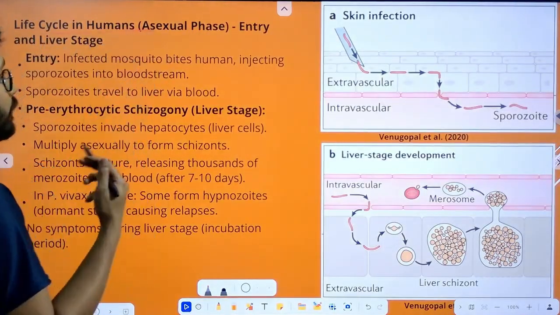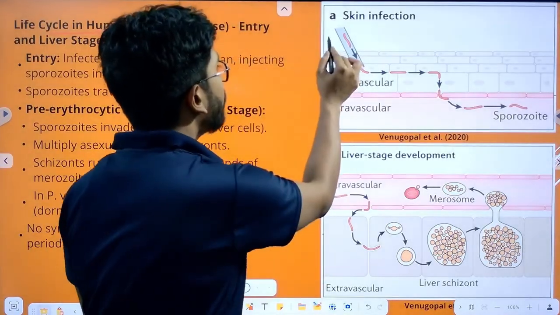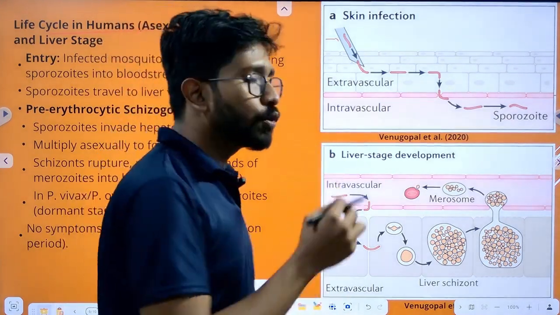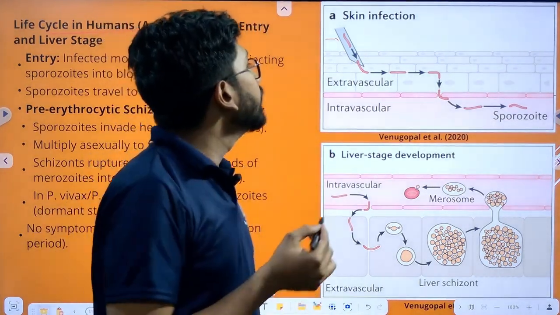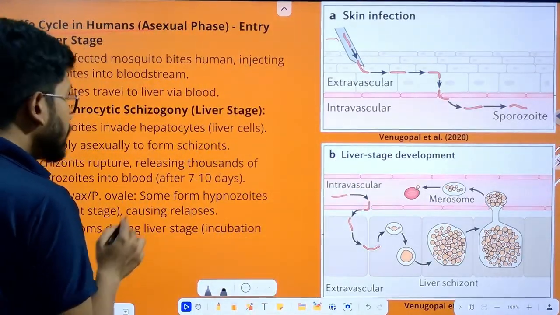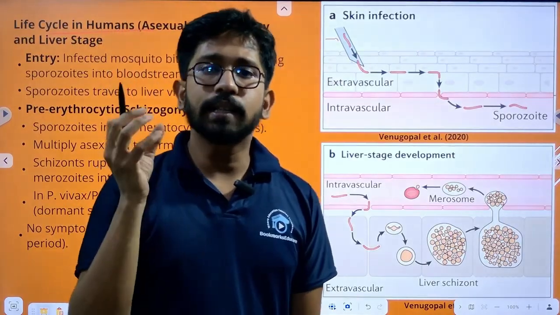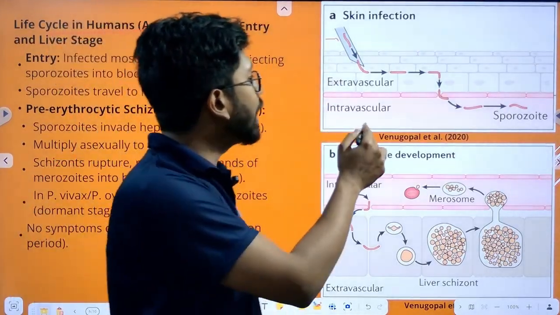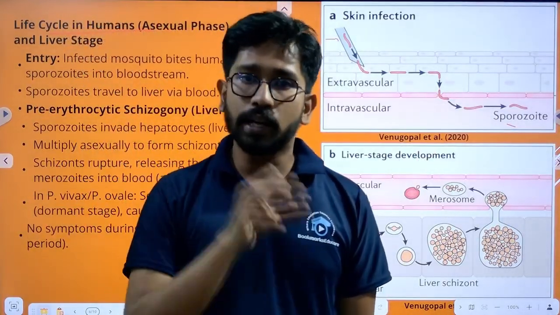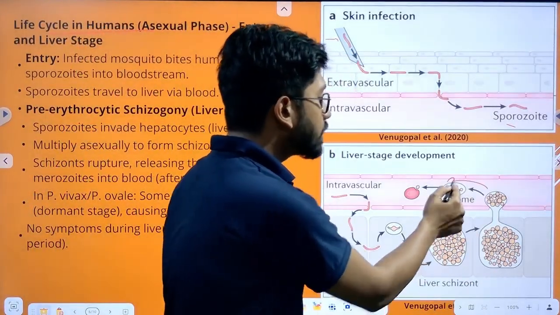Let's see the asexual phase in the human. So let's focus on this image first. This is the proboscis of the mosquito, the part which bites us. Now, when the proboscis enters human skin, through the salivary gland, and this is something we have to remember, mosquitoes store the sporozoites in their salivary gland. So through the salivary gland, the sporozoites come into your bloodstream, and through the bloodstream they go to the liver, and inside the liver they form liver schizonts, which in turn create merozoites.